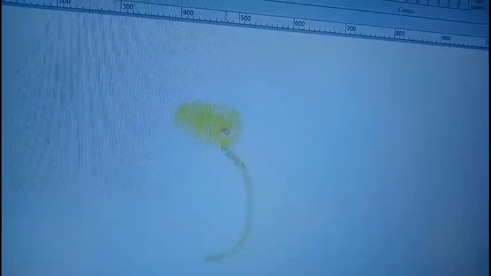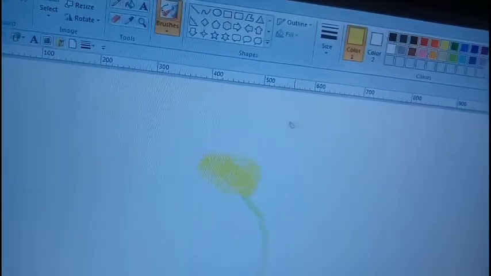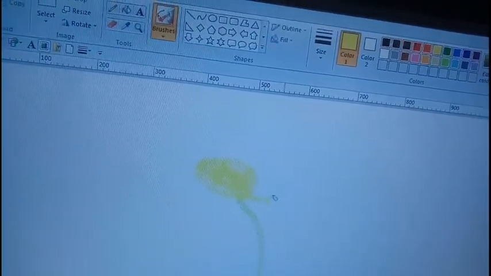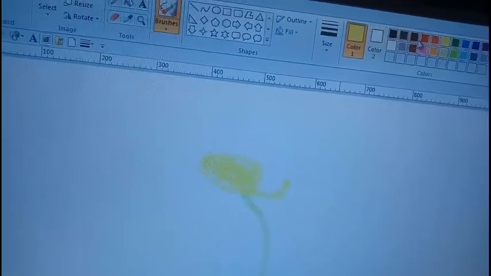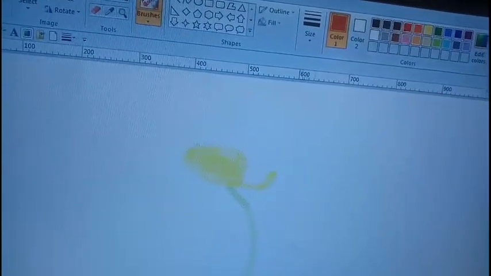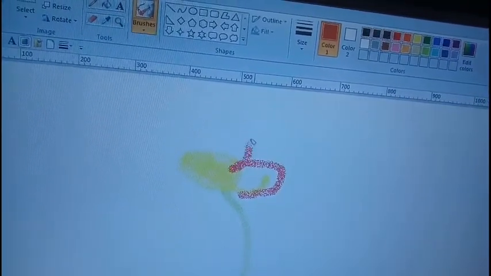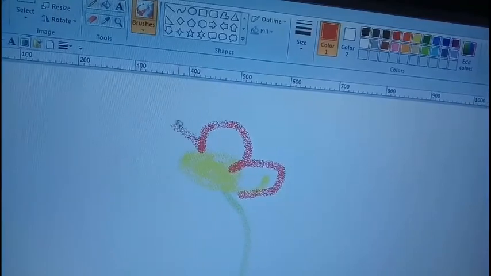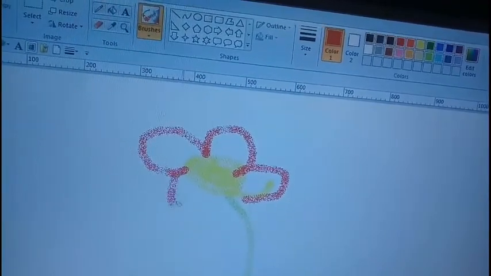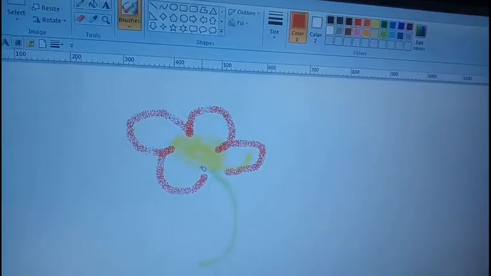If you have not guessed it already, please understand I am going to draw a flower. Now, isn't that nice? Only it will be much nicer when you draw it.